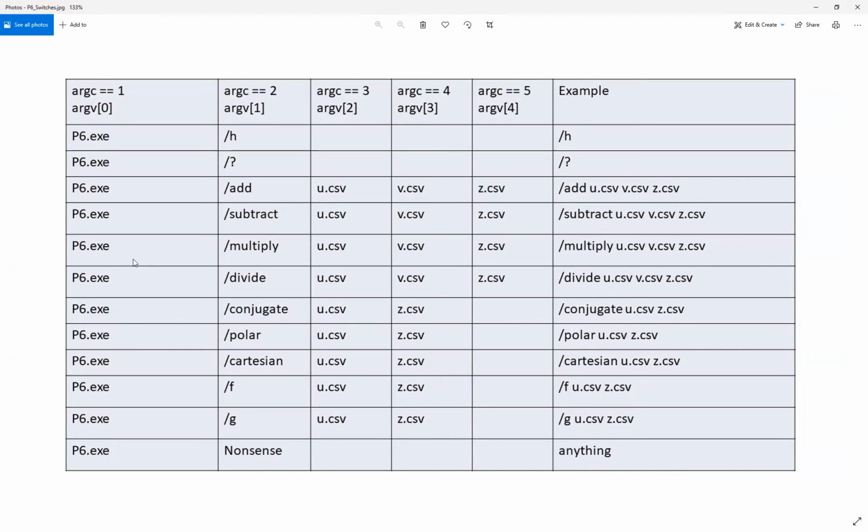And also the tier 1 switches, as I like to call them, in other words, the ones that dictate the primary functionality of our executable, such as add, subtract, multiply, divide, conjugate, polar, Cartesian, and then /f and /g. Now, based on the number of arguments that are needed, we can decide whether or not we can successfully run these functions. We're not going to check for the existence of the files or anything in the main. We're going to leave that to the functions themselves, but we can check the argument